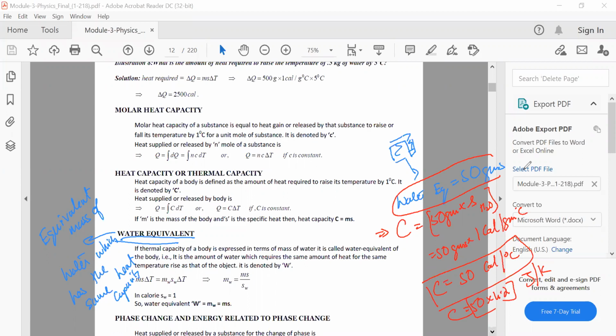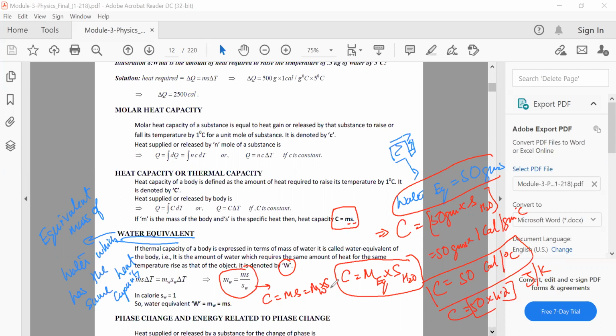So sometimes in questions, instead of the heat capacity of a material being given, you have the water equivalent of a material given. Okay. So the heat capacity of any material is nothing but its mass multiplied by its specific heat capacity. But in terms of water, the heat capacity becomes the water equivalent amount of mass multiplied by the specific heat capacity of water. So if you denote it with W, this is the relation: the heat capacity of that material, ms, is equal to mW multiplied by Sw, the water equivalent multiplied by the specific heat capacity of water. So that is this relationship.